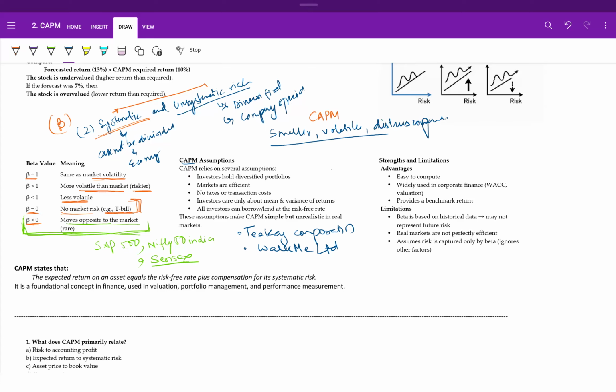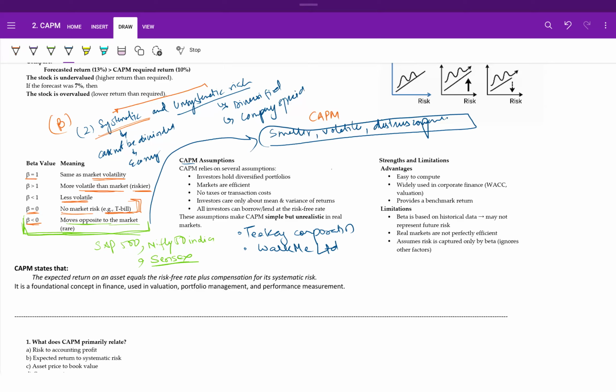So that is one possibility for a company to have a negative beta. An alternative: because negative beta stocks are very rare, many investors rely on alternative asset classes that actually approximate negative beta behavior, and these include